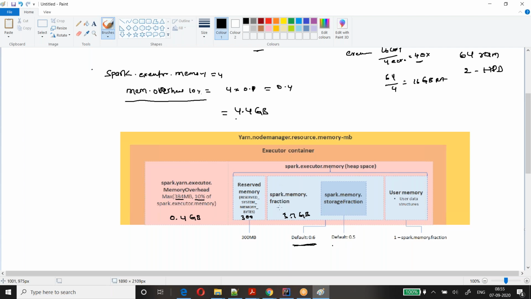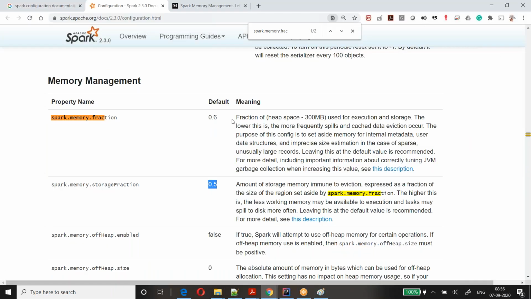I was talking about this memory fraction, but here it is showing 0.6. This is for execution, guys, and this is for storage. One is for execution, one is for storage. Now, what will happen? I have allocated 50-50 here, so my storage memory is not used at all, but my execution memory keeps on using. So will I borrow something from the storage memory? Yes, you will. It's called dynamic allocation, dynamic memory change.